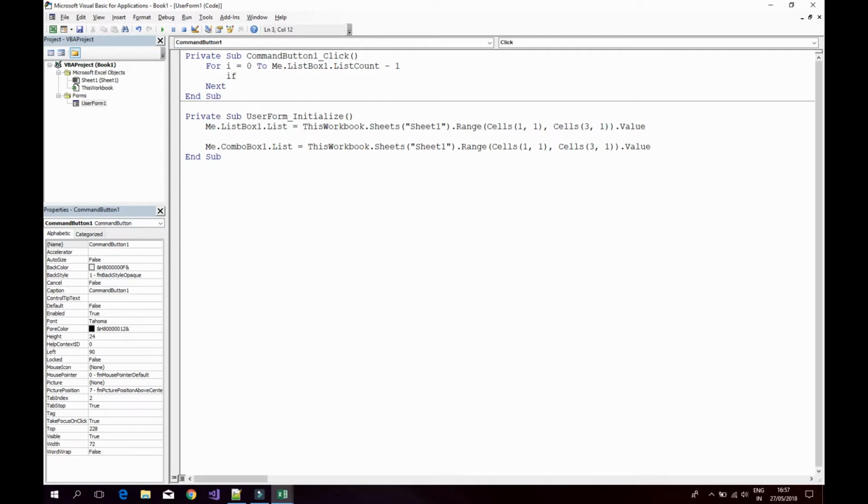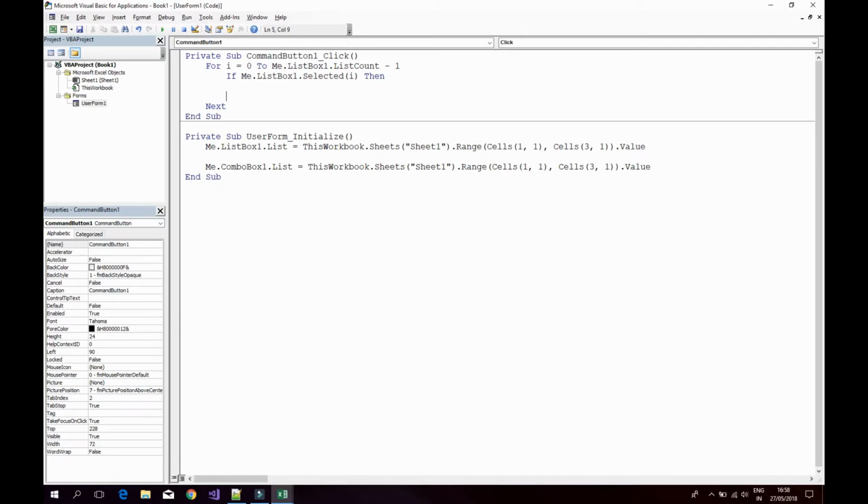Every time in the loop, we need to check whether the particular value is selected or not. So how we will do this is me dot list box 1 dot selected of I. This will return true or false depending on whether it is selected or not. So it's a boolean condition. If selected is equal to true, then let's put a variable message is equal to